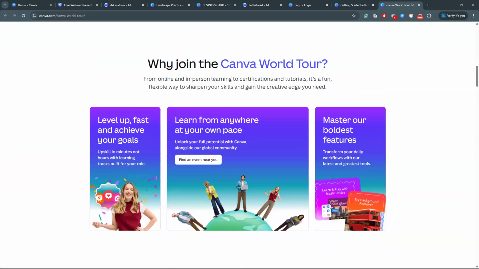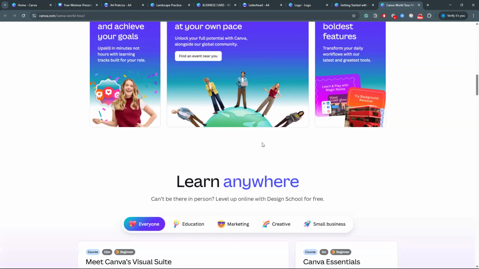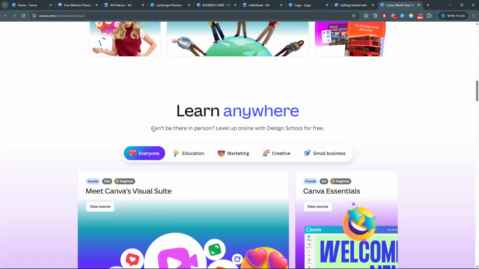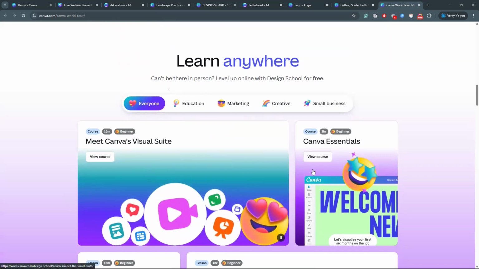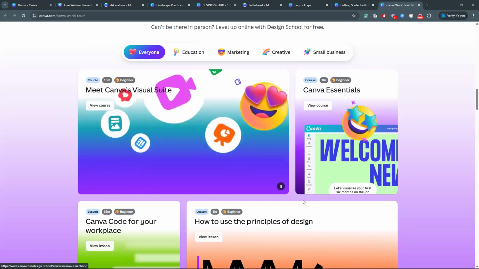It is allowing all the new designers or Canva users to learn more about Canva and about the certification. You can learn Canva, you can learn designing, anything.